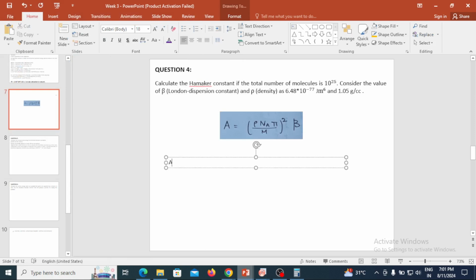So A, please solve this. This is just about substitution, right? So you can solve this on your own and let me know the answer also. Meanwhile, I'll also solve. So density is 1.05 times Na, that is 10 to the power 25, times